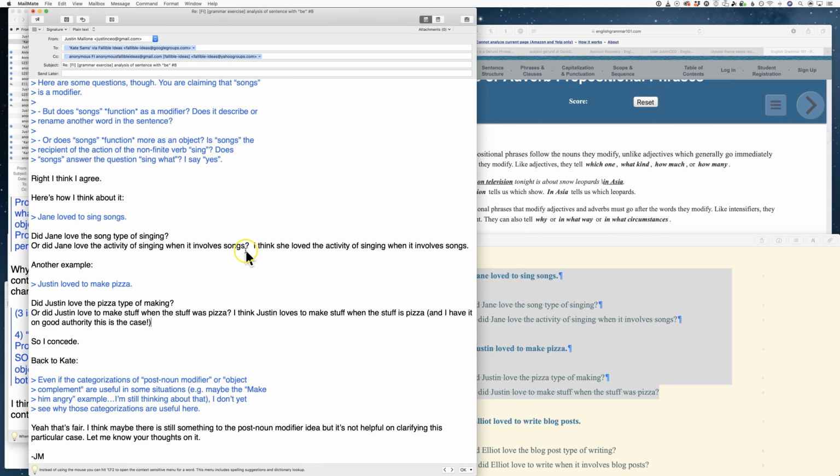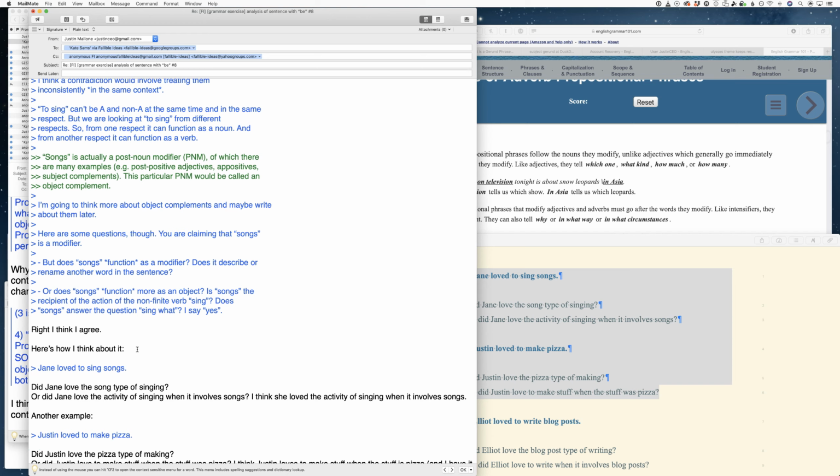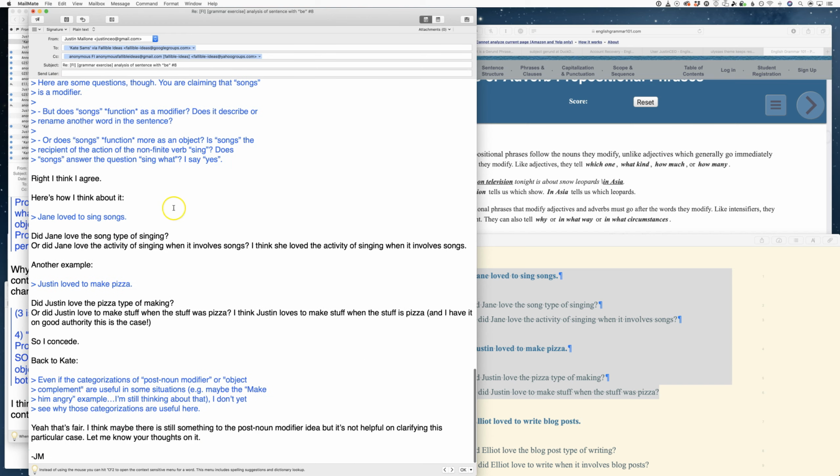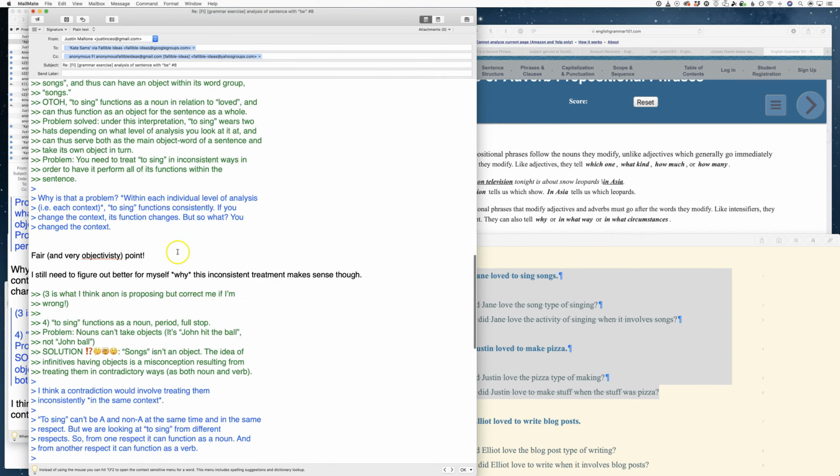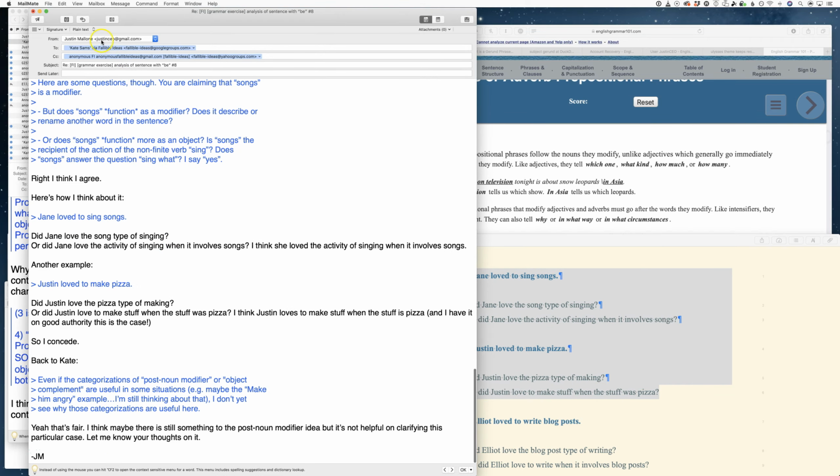So I just added a bit more to clarify what my actual position was. Okay. So basically I concede. I concede this point. This analysis of sentence with B number 8 is